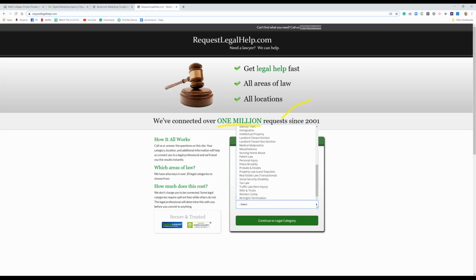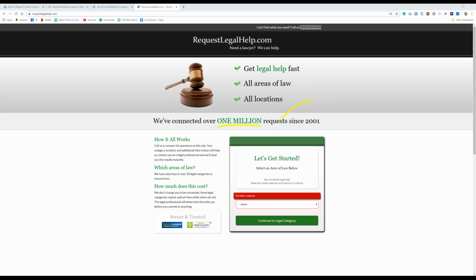And then also, I know this is probably just lead gen, but if you can close the loop and get some testimonials on here of people saying, hey, I needed a personal injury attorney and I found one in 15 minutes with request legal help, something like that, a few testimonials would go a long way here, because the security seals you're using down here in the lower left, Techno Lawyer and GoDaddy verified, those don't really mean anything to your average consumer, if you will.